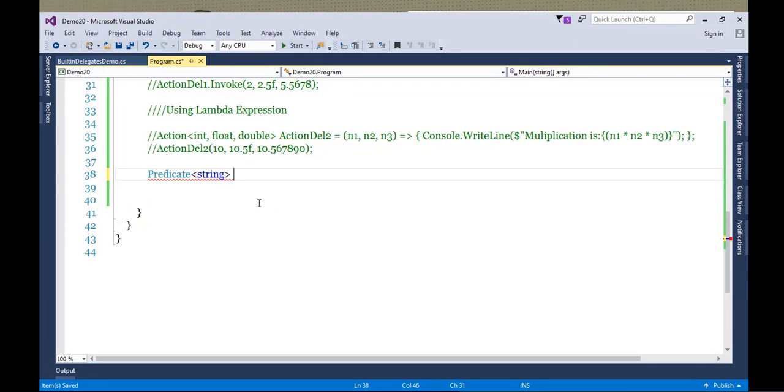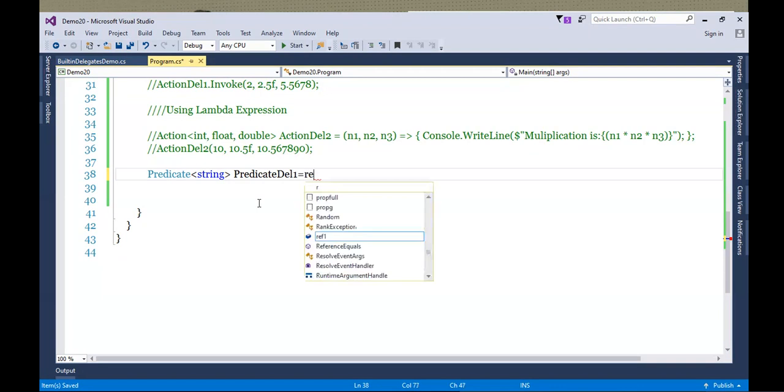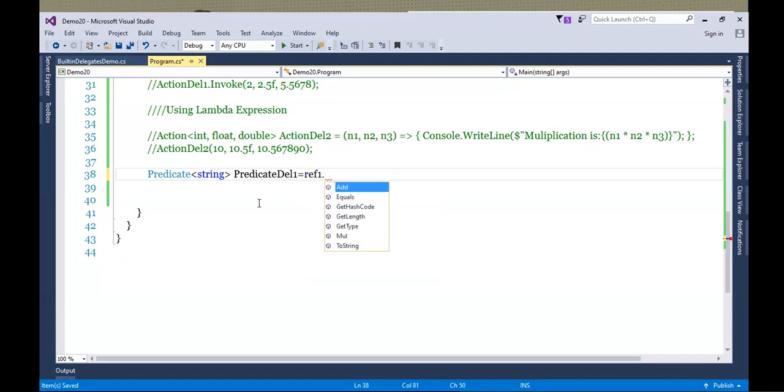Like here, predicate string, taking string input. Let's specify here predicate delegate. So predicate delegate 1 equals to, let's assign the method using reference 1 dot GetLength.